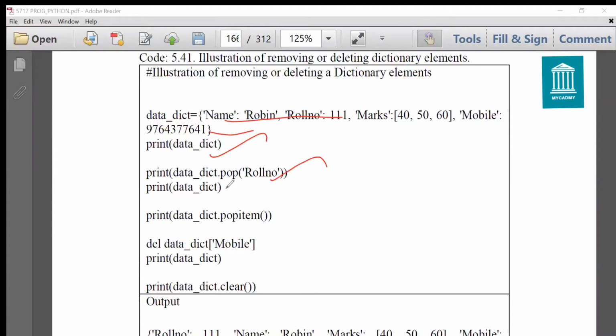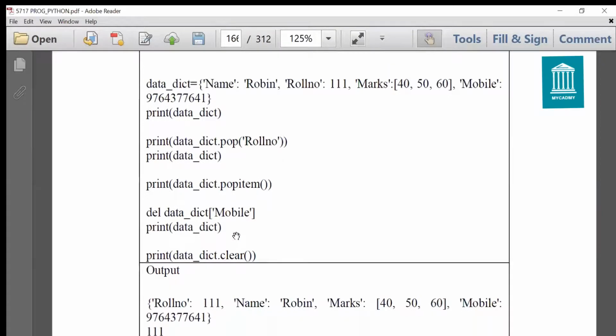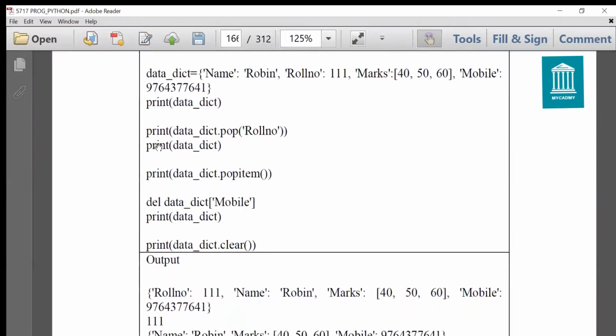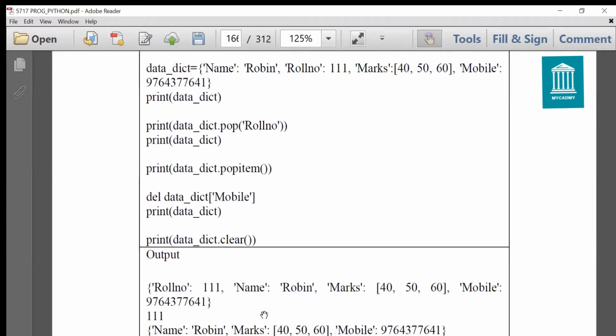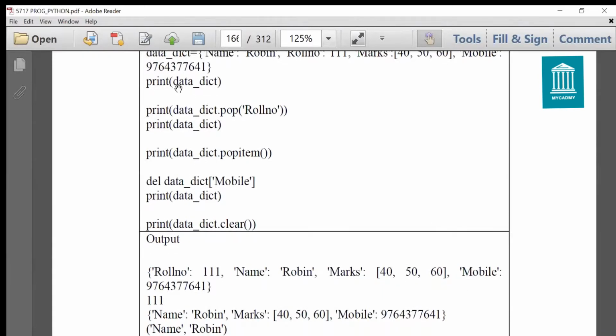So roll number will be removed from this dictionary. So let's see the output also side by side. Print data dict. You can see that roll number is removed from the dictionary here. There is no roll number over here.